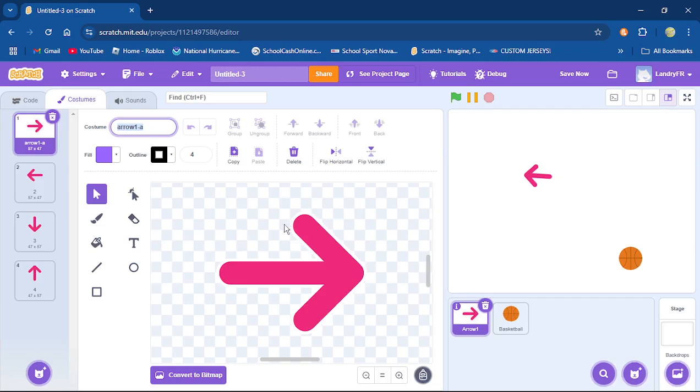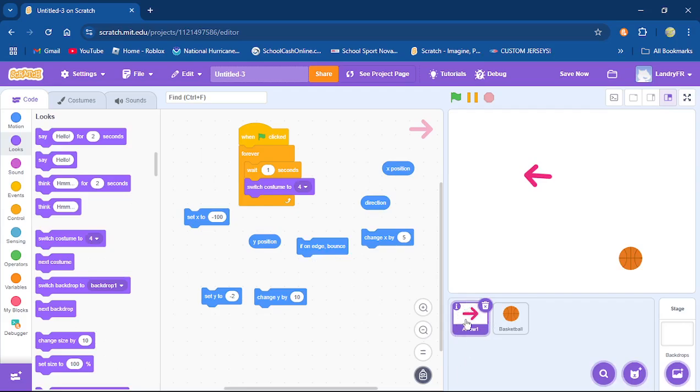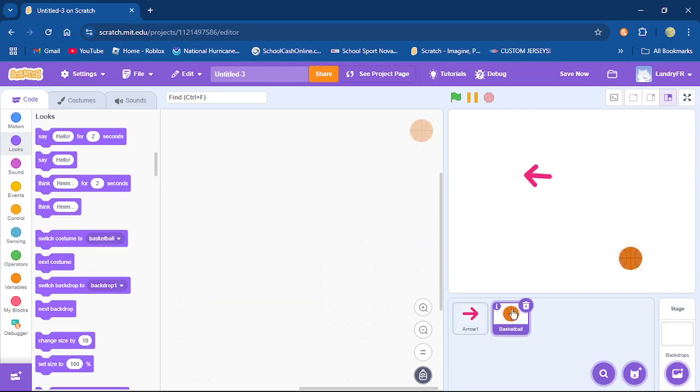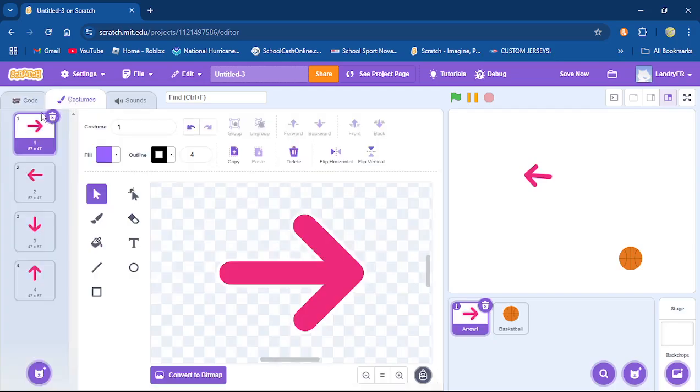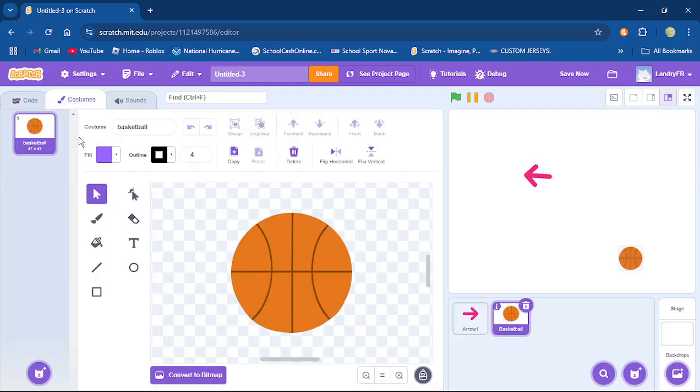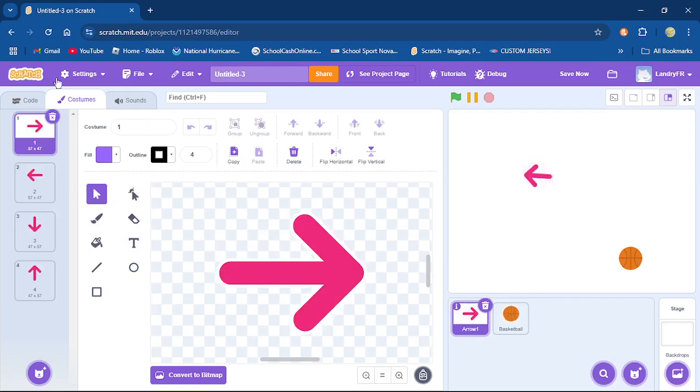Well, it's simple. The code that you're putting in is on the specific sprite itself. So if I'm putting changes to costume 4 here, it's not talking about the basketball, it's talking about the arrow. You can't mess up. It's wherever you put the code in is where it's talking about. So you don't have to fear that if you call this 1, 2, 3, and 4 and call the basketballs 1, 2, 3, and 4, it's going to mess up, because it can't. The code is specific for the sprite that you put it in. So you don't have to worry about that stuff.